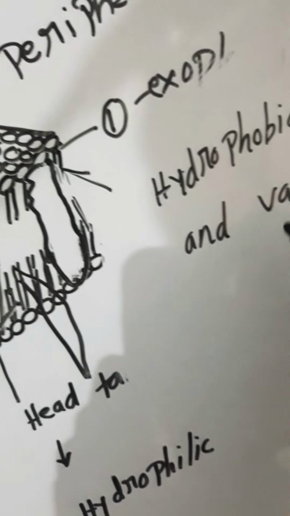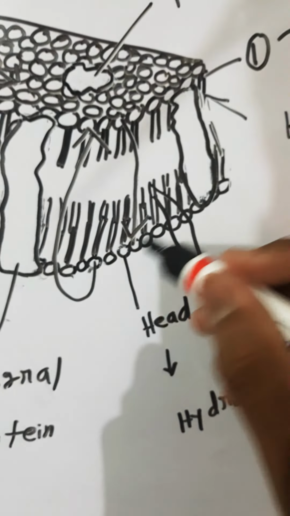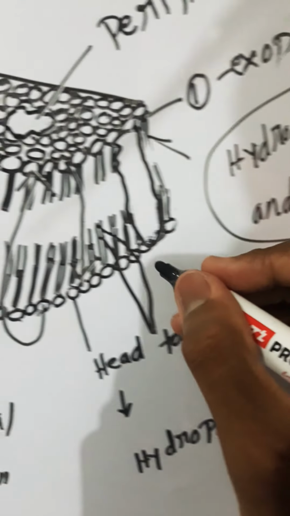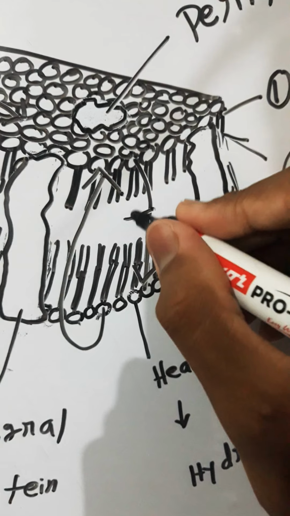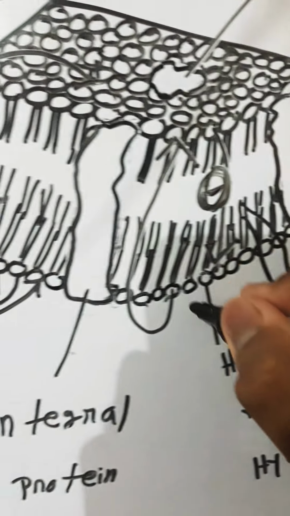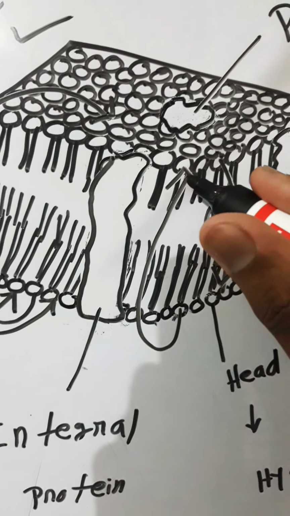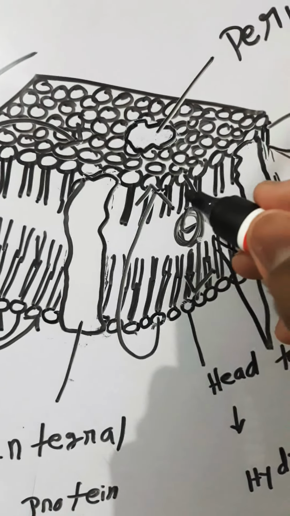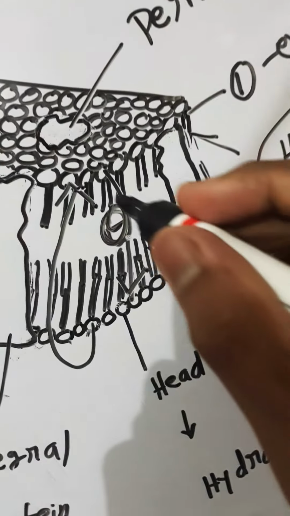So for movement, they need to first break these two interactions, then they need to pass through a very hydrophobic region, this, then they need to go to this leaflet. That's why these kinds of movement happen very low in